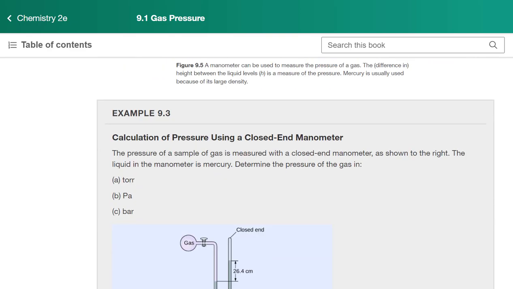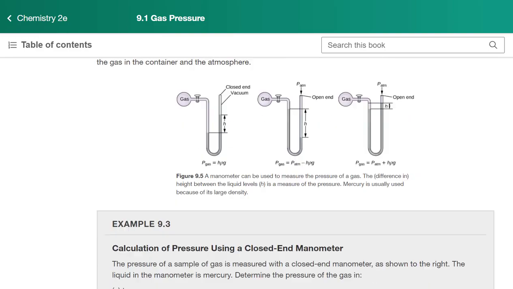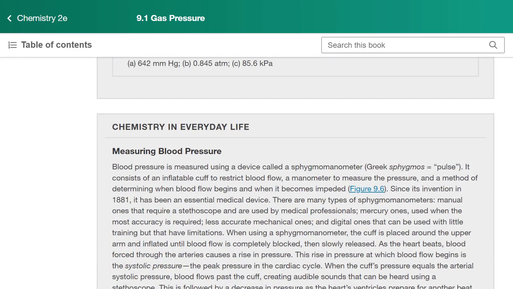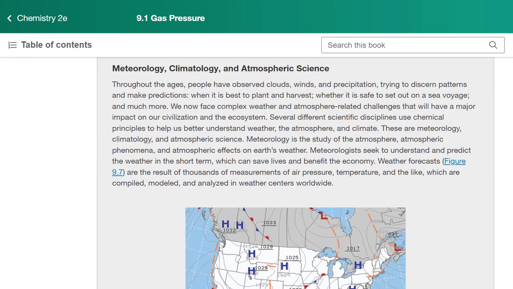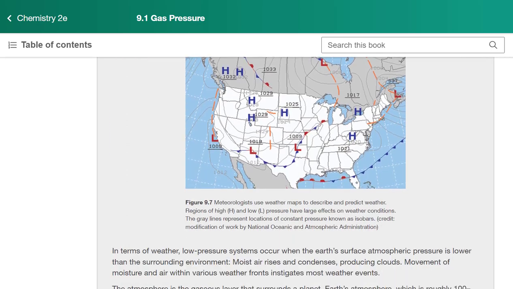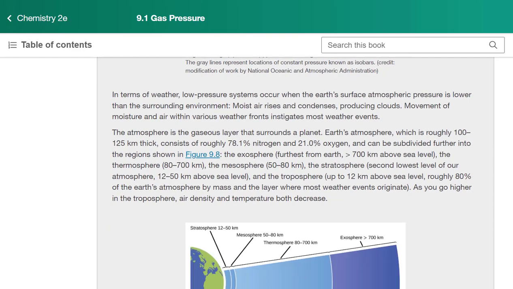I'm going to skip over the manometer part. It's somewhat similar, but used in an experiment because I did want to also talk about meteorology. And so we know when we look at the weather, it will talk about the pressure is rising or the pressure is dropping in atmospheric pressure. I did want to make a note of this, and it actually doesn't affect us too much in the Central Valley because we are fairly close to sea level.